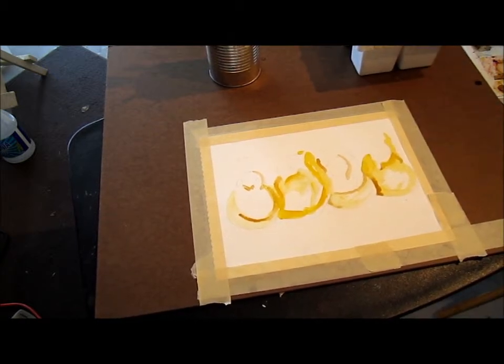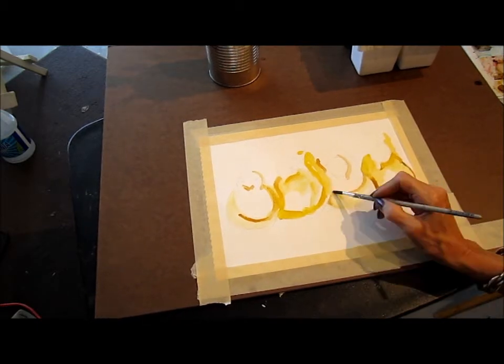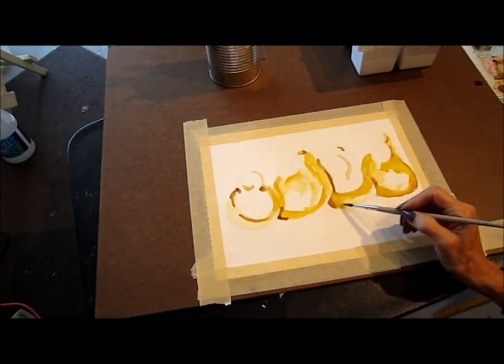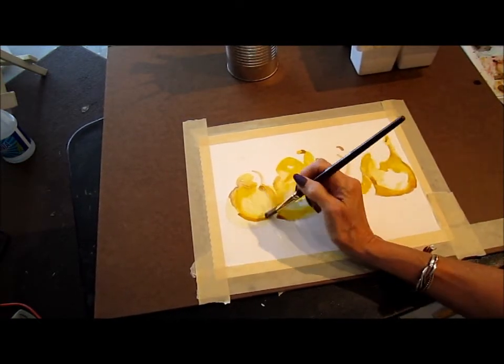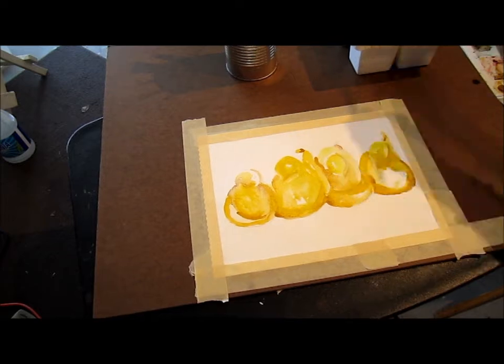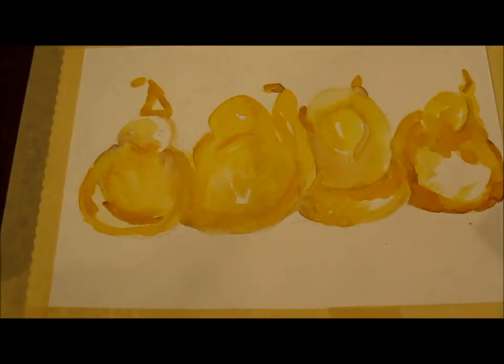Now I'm going to go real dark and use some burnt sienna. Now I'm going to paint in some of the shadow areas right behind the little chicks, and I'm going to use a blue-gray color